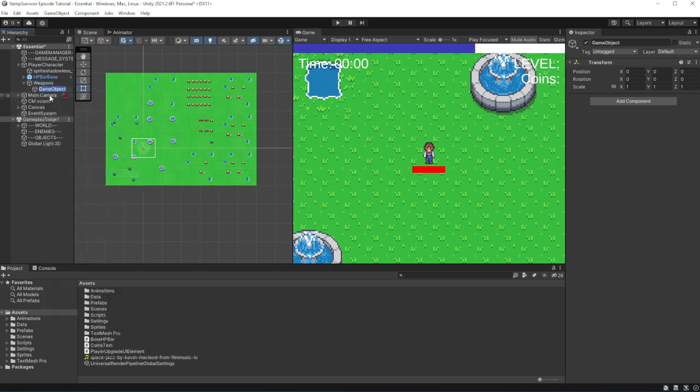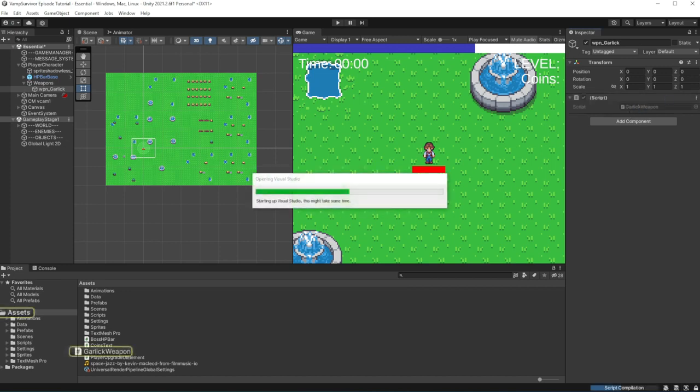So let's begin with the easiest pick, Garlic, the weapon which just attacks enemies in the vicinity of the player, like a damaging aura. So make a new empty object called Weapon Garlic in our weapons on the character. Create another new component called Garlic Weapon. Open the newly created script.